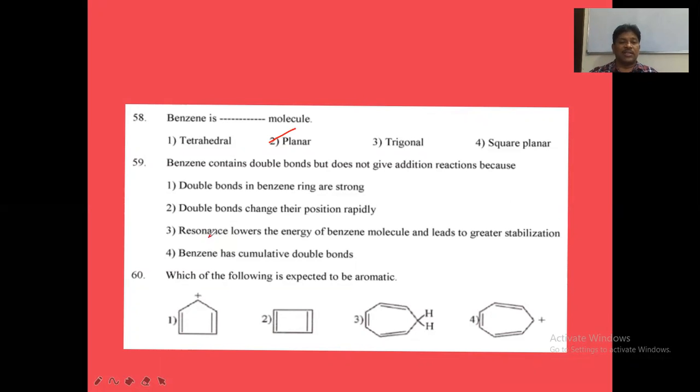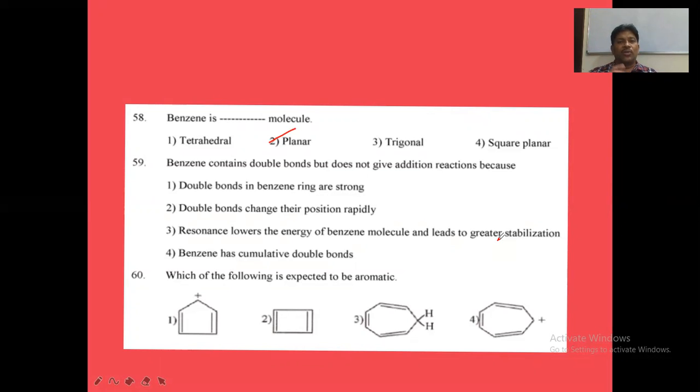That is called resonance. The resonance will decrease the energy of the benzene molecule. Resonance means the shifting of electrons, the delocalization of pi electrons in the benzene ring, which will decrease the energy of the benzene molecule. Whenever energy decreases, the stability increases, leading to greater stabilization. When benzene gets more stability, it behaves like saturated compounds, alkanes, and undergoes substitution reactions. Instead of undergoing addition reactions like unsaturated compounds, because of its stability by resonance, benzene will show interest